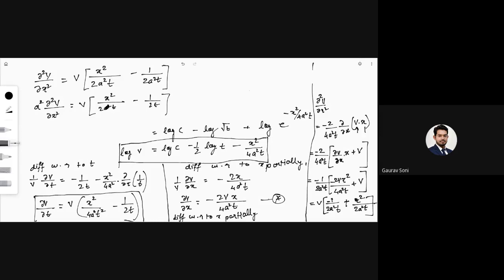This one is correct. Then the second derivative will be